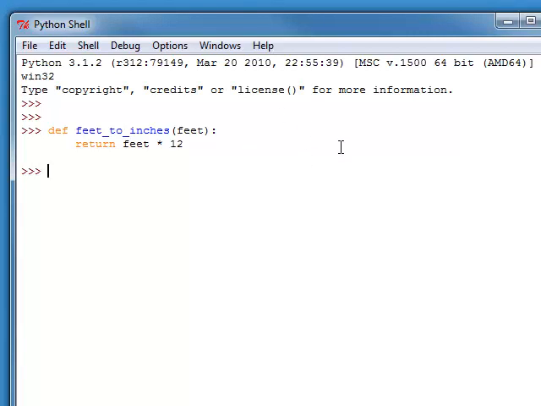So now I've defined the function. It's actually sitting here in memory in this instance of the Python shell. So now I can test the function by calling it. In a program, we would probably have a statement something like this. We would say something like inches equals feet to inches, and then we would pass some value as an argument. So let's pass the value 1 as an argument to see if we get the right value. We know that 1 foot is 12 inches, so after executing that statement, the inches variable should be set to 12. So let's just look at the value of the inches variable, and in fact it is equal to 12,